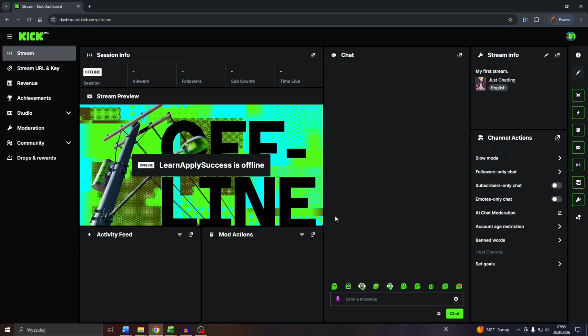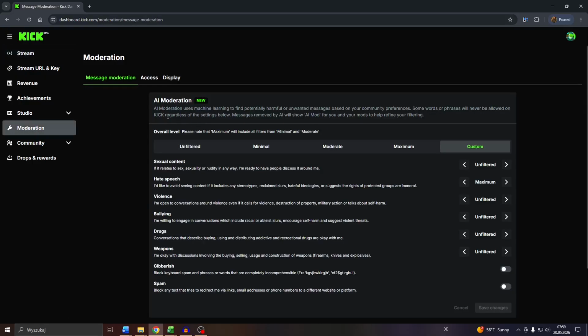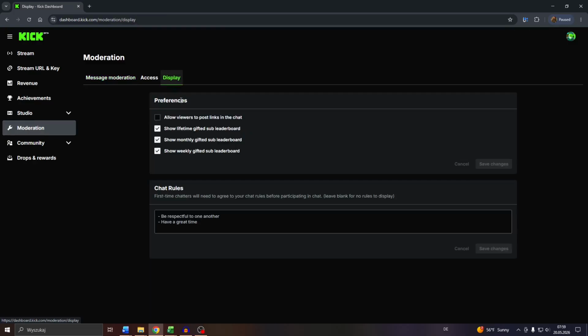Navigate to your Creator dashboard in the Kick application. You'll need to be logged into your account, and then navigate to moderation here on the left hand side. And here what you want to do is navigate to display, and make sure that this option is not enabled, because if you enable it, your users or streamers will be able to send these links and you want to disable them or not allow them or block them. So make sure that this option stays